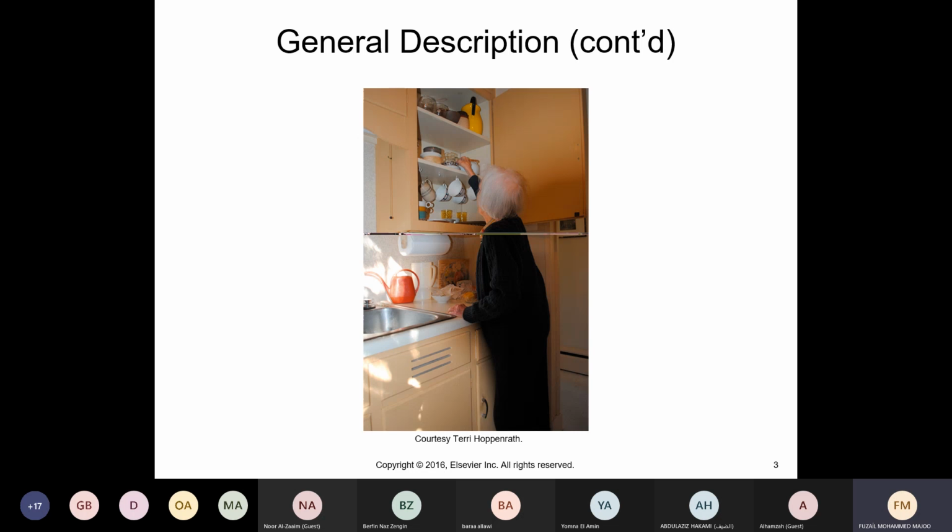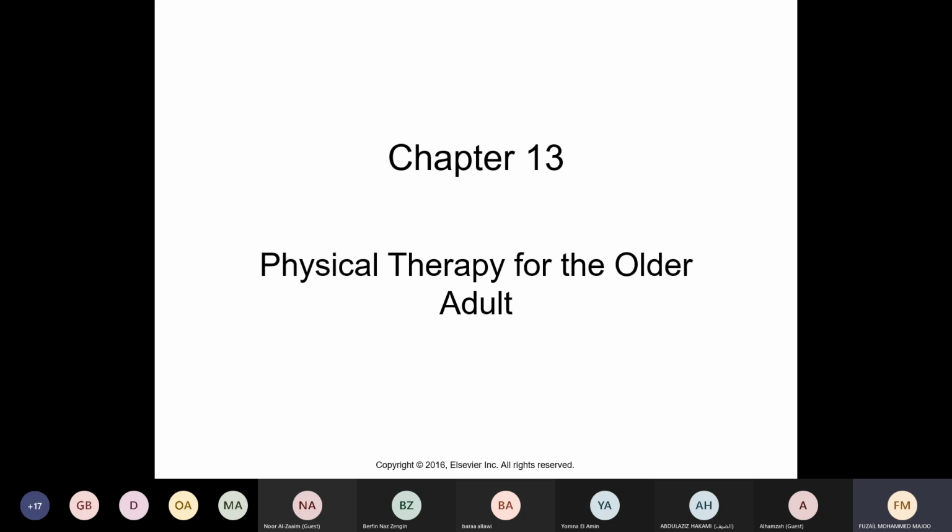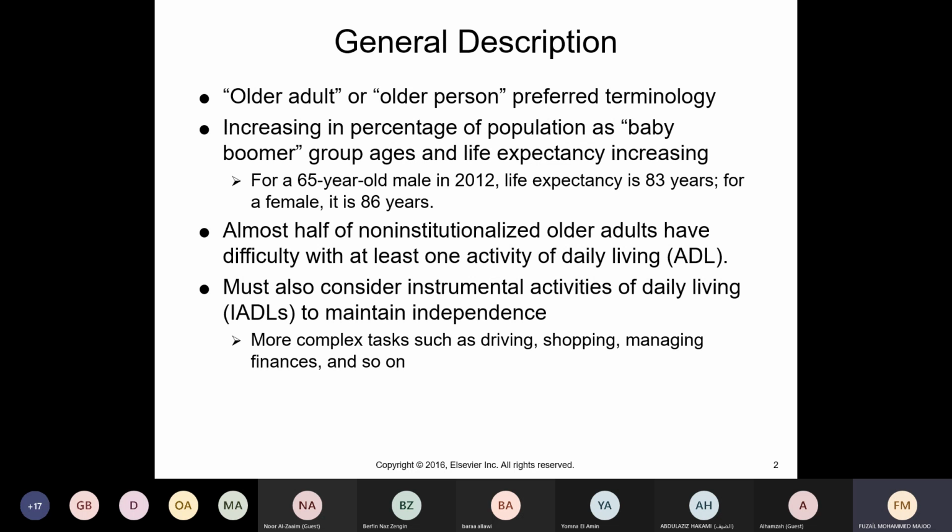All right. So we're going to be starting the unit on physical therapy in older adults, or in other words, physical therapy for the geriatric patient. So again, older adults or older person, this is the preferred terminology. Or again, very specific, and specifically, when we're talking about the older population,